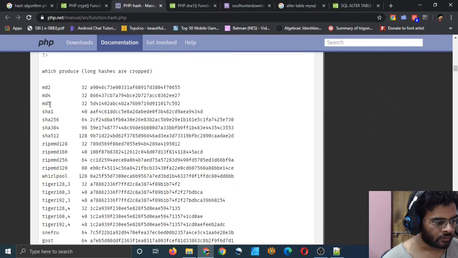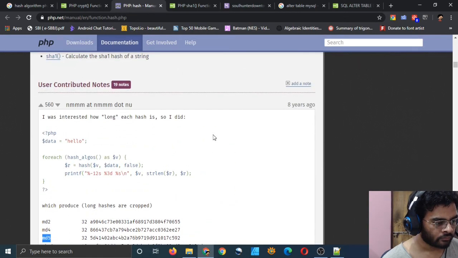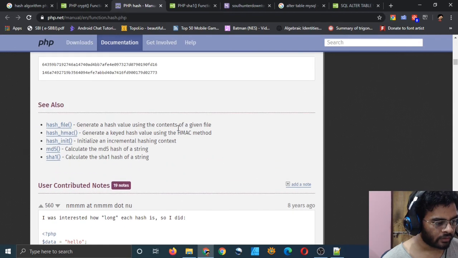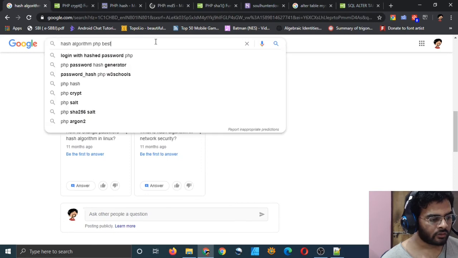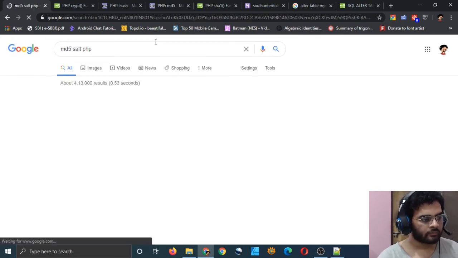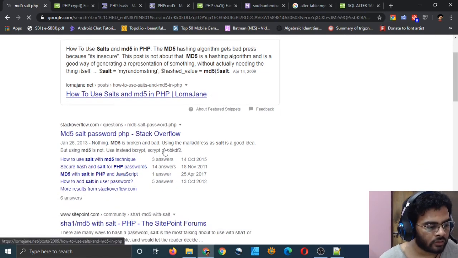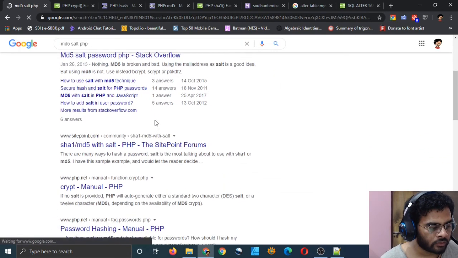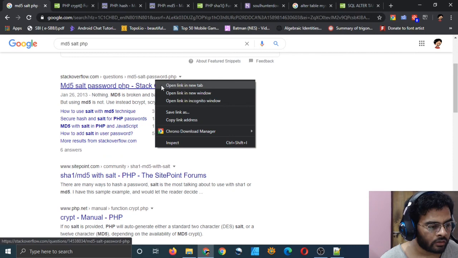I think I will just use MD5 for this. I mean, it's a standard hashing algorithm. And let me look up MD5 salt PHP, how to use salts with MD5 for a password.